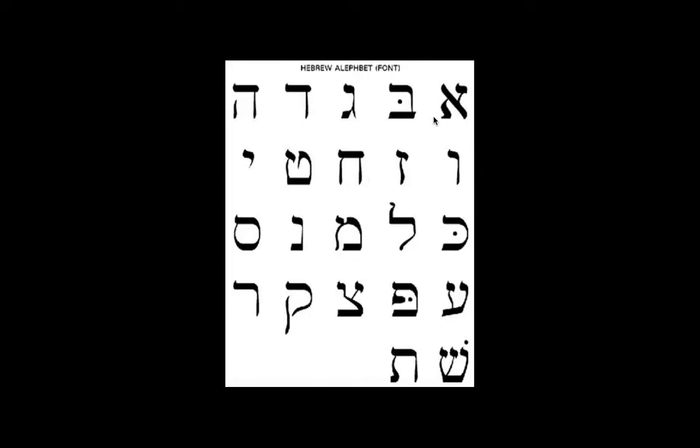Okay, so let's review: Aleph, Bet, Gimel, Dalet, Hey, Vav, Zayin, Chet. And this one rhymes. It's a Tet. Okay, and so this is always going to make the equivalent of our T sound, like talit, a prayer shawl. Okay, this is a Tet. All right, so you have Aleph, Bet, Gimel, Dalet, Hey, Vav, Zayin, Chet, Tet, and then the smallest of the